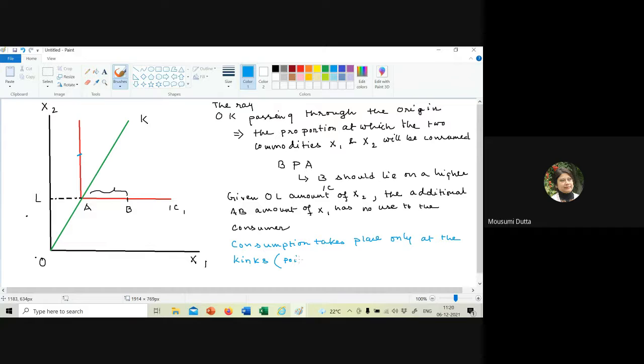Here, point A. Only at the kinks, where the lines are basically cutting each other, crossing each other. At point A, the two red lines are cutting each other. So this is a point of kink. And if I consider more indifference curves,